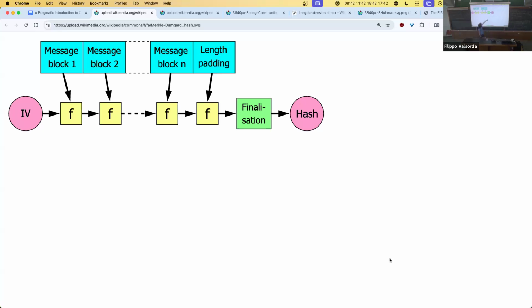One little tweak. At the end, you usually need to do some padding. Because what if your message is of, I picked a poor number, 38 bytes and your compression function takes inputs, the ones at the top, the ones that are not the same size as the output, of 8 bytes.